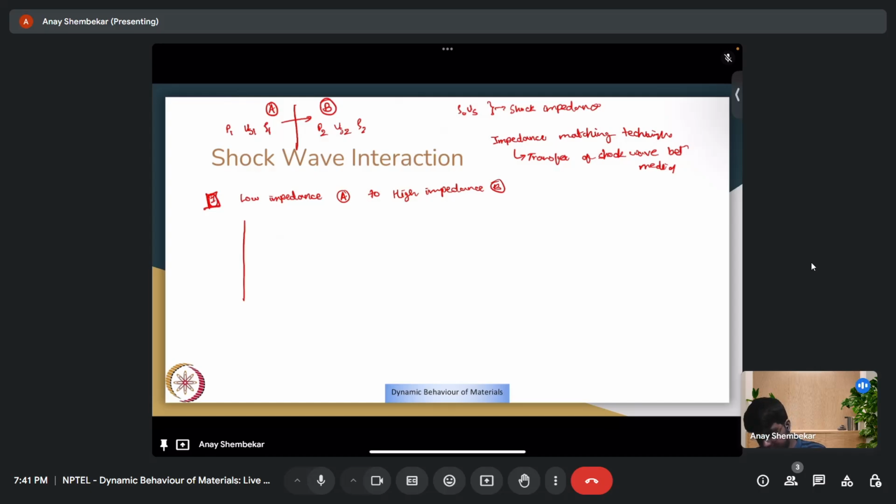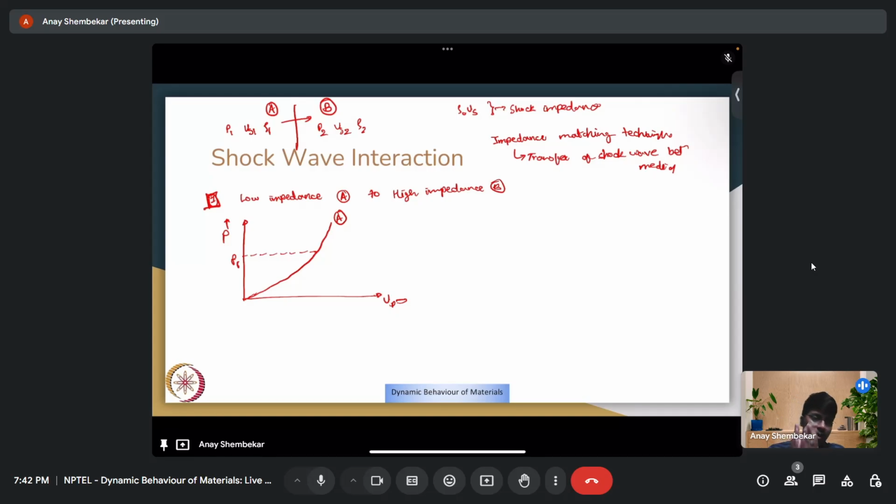I draw the pressure versus particle velocity plots. So we have seen these plots in fifth or sixth week lectures wherein we plotted how pressure and particle velocity relate to each other. So suppose this is the plot of medium A, which has a pressure P1. Then